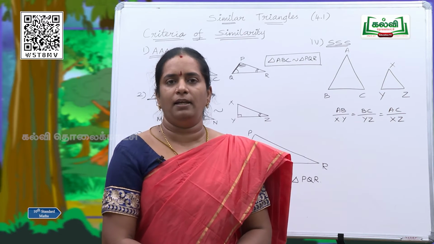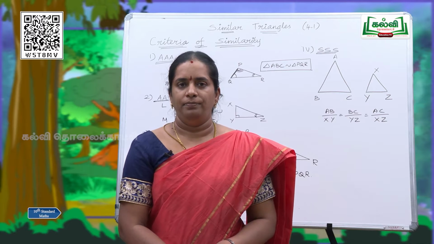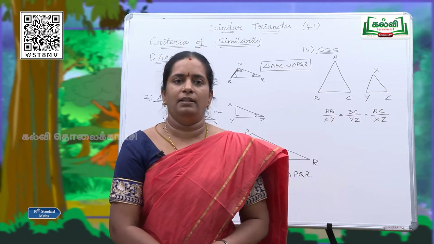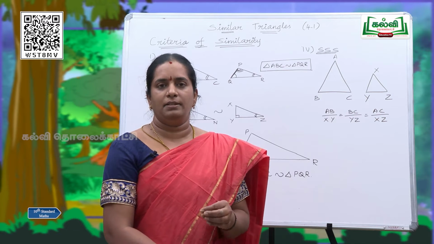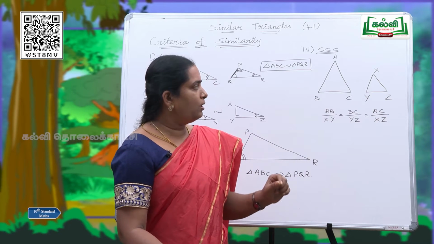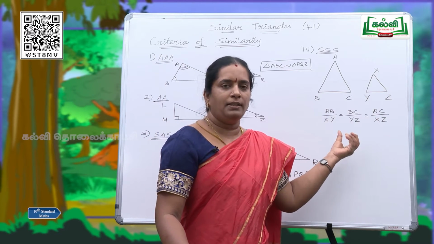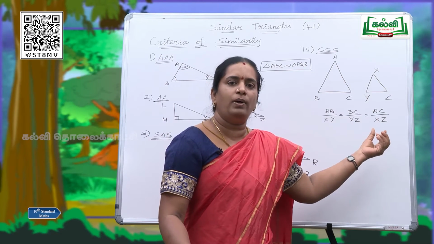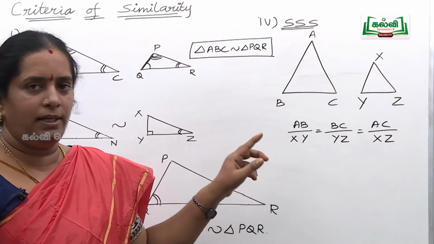See, these two criteria are also in the congruence property. Since we have learnt in the last class about congruence, yes, triangle congruence, we have to be careful that in congruence, all the sides are proportional and the ratio is equal to 1. That is, all the sides are equal, AB and XY are equal.